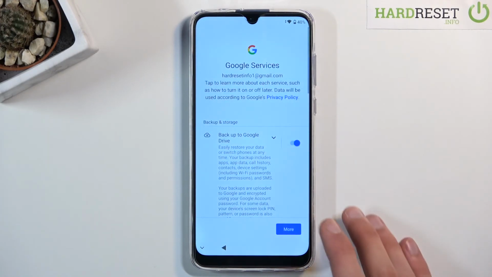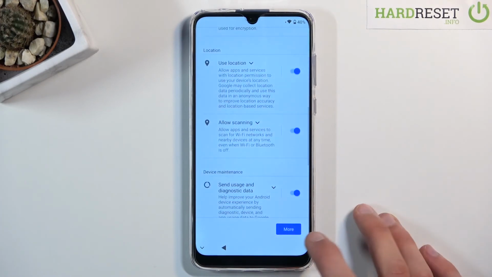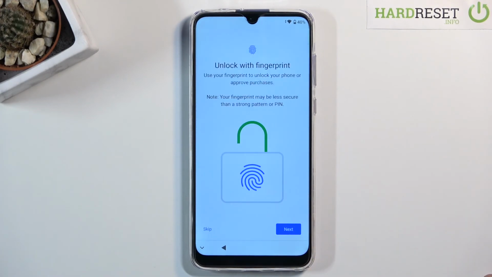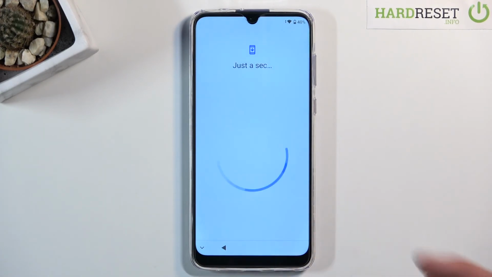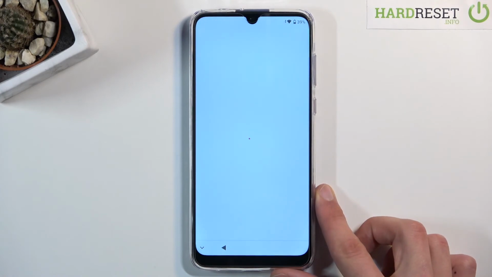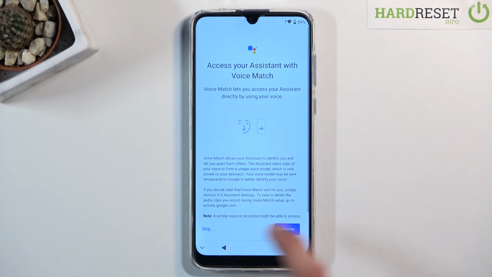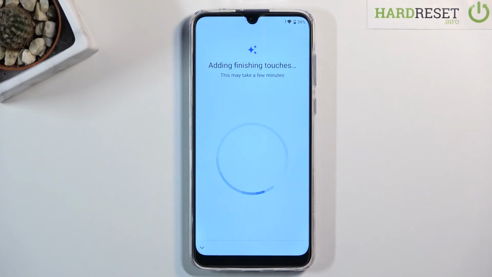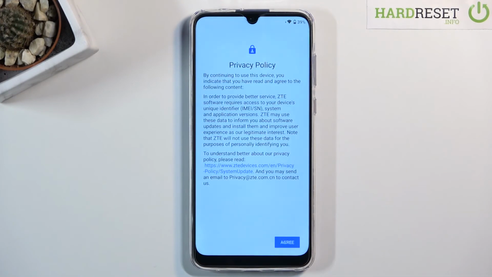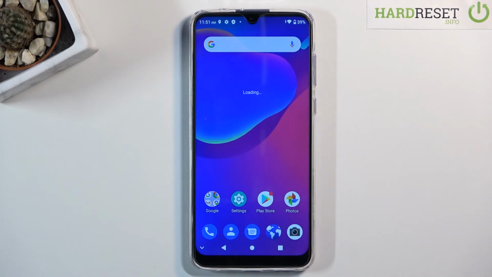Now, when you're going to the setup right now, you want to skip majority of the things. Don't really bother setting it up, because at this moment, it doesn't really matter what we set up. We still need to reset the device once more. So just go through it as quick as you can. Okay, so once you're done with the setup, go to settings,